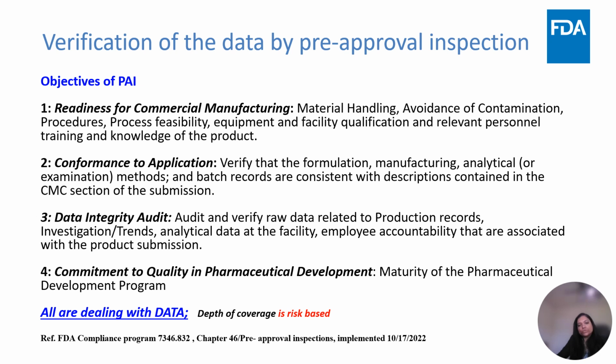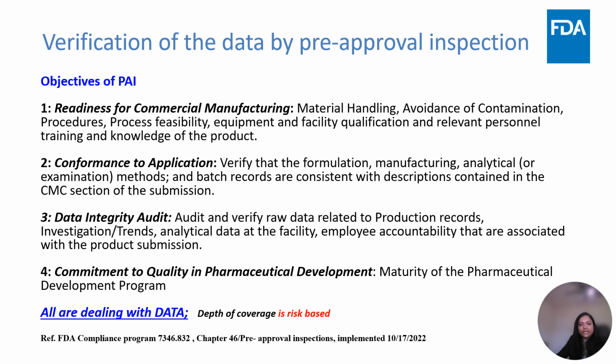Upon initial review of submitted data for an application submission and initial facility assessment, if there is a need for pre-approval inspections based on the facility to make sure of commercial capabilities, we do perform pre-approval inspections. If the facility doesn't have prior FDA inspection history, if the facility doesn't have prior experience in manufacturing such complex unit operations or product, or if there is any doubt from the submitted data, we do perform pre-approval inspections. There are four main objectives of pre-approval inspections.